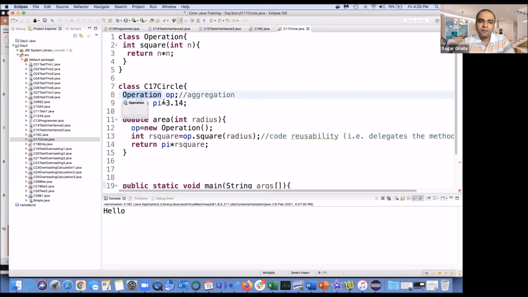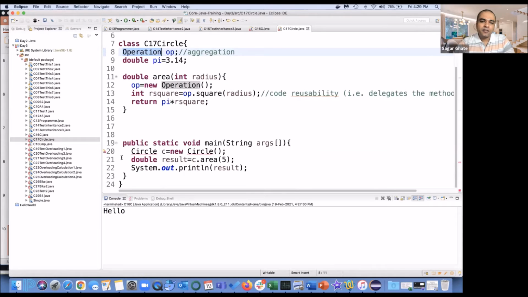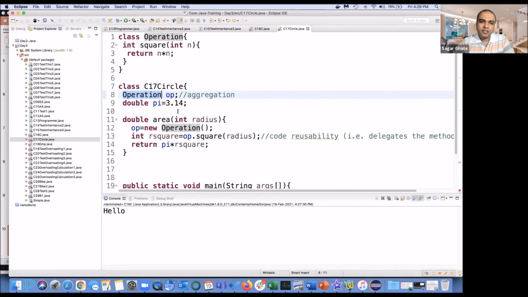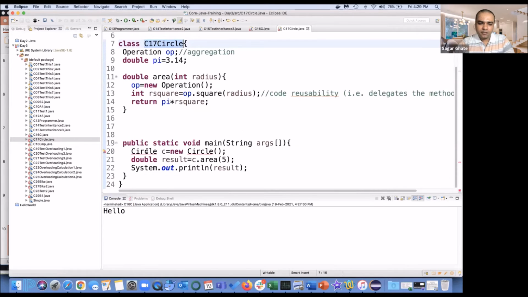In this example, what we have done is we try to perform some operation on the circle. So there's a class known as circle. Let me copy this here. Okay.